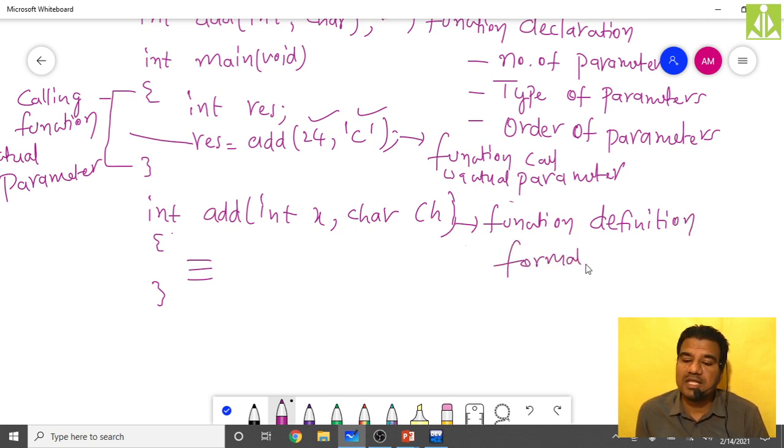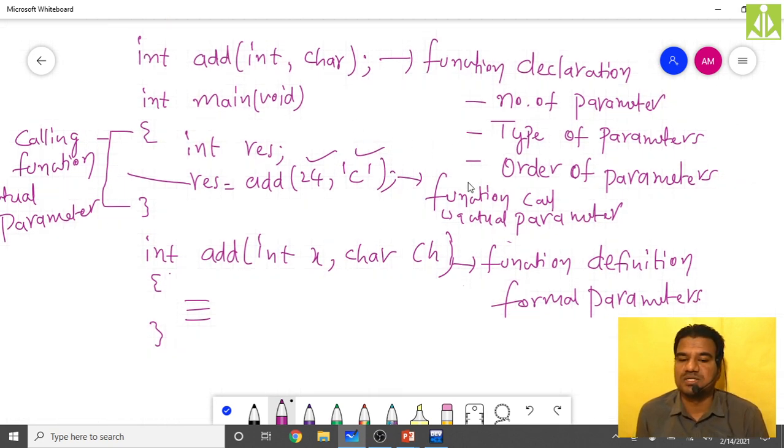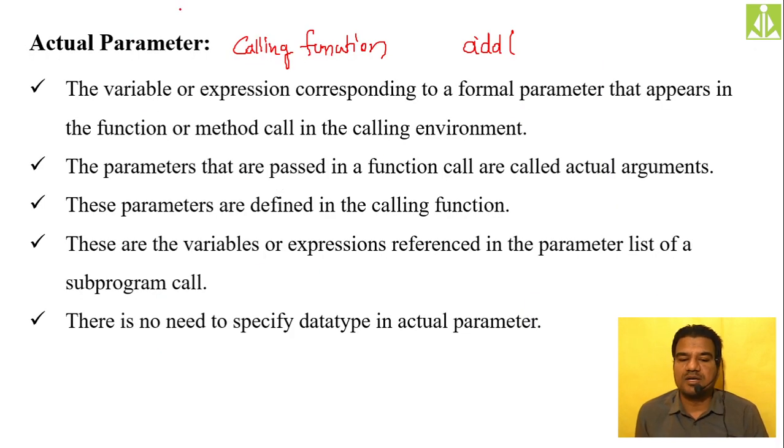So where exactly the actual parameters will come, where exactly the formal parameters will come, and what the role of the function declaration is, all these things you need to understand. Actual parameters are the variables or expressions corresponding to a formal parameter that appears in the function or method call in the calling environment.